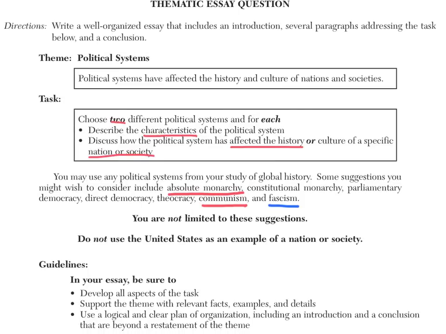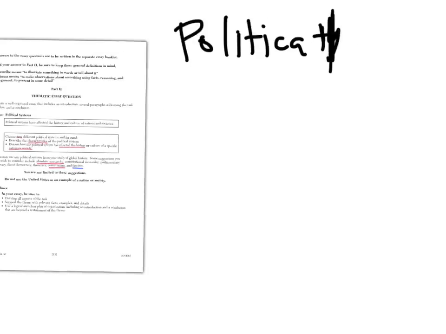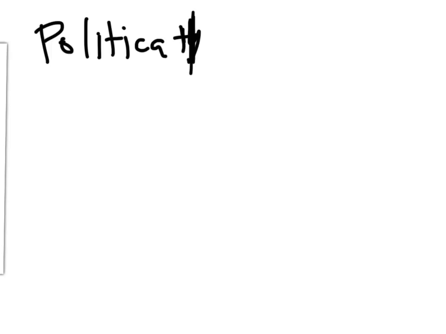All right, so once we understand what the task is and what we're doing, we need to think about how to structure it, and this could be the first crucial step to addressing this. So on a scrap piece of paper, when you're taking the Regents or today, we need to think about how we're going to structure this. I know that we're doing two different political systems. So the first thing that I'm going to do is label this, what? Political systems. All right, so this is the big idea. This is what we're doing.